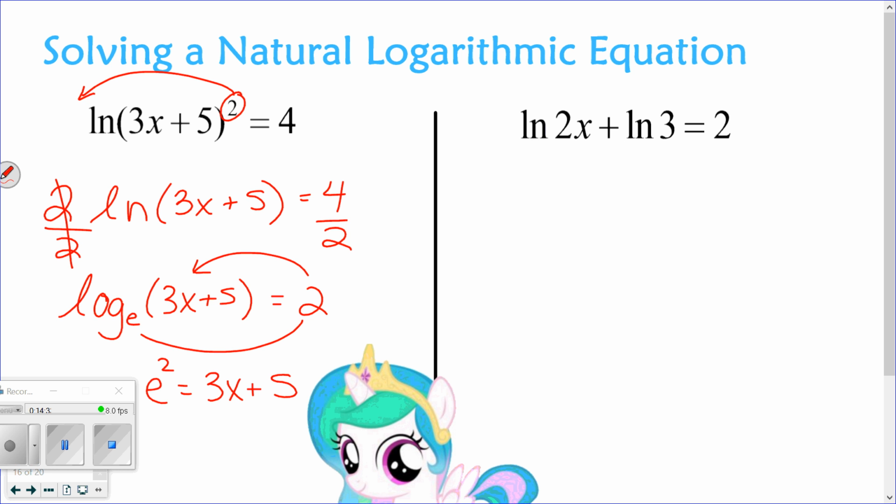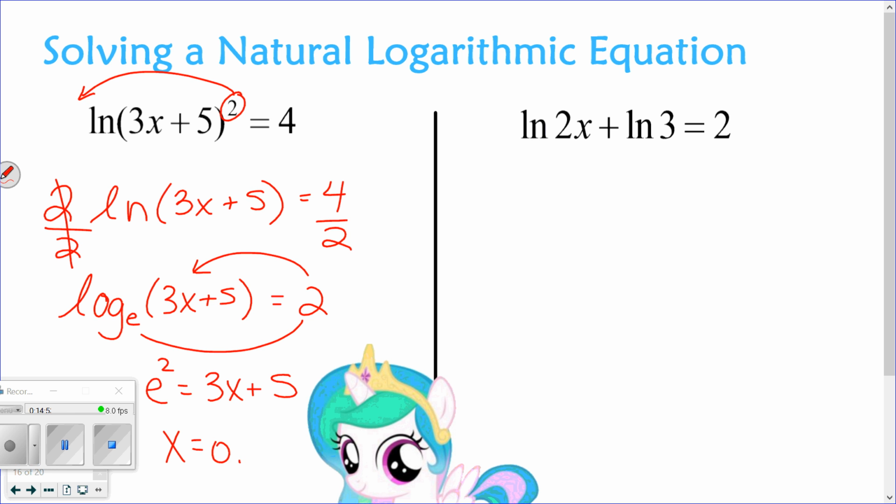Then what? Minus 5, because you have to subtract that. Minus 5, and then what? And then divide it by 3. This is one of those where it's easier to just do it all straight in the calculator. So e squared minus 5, divide by 3. So we should get